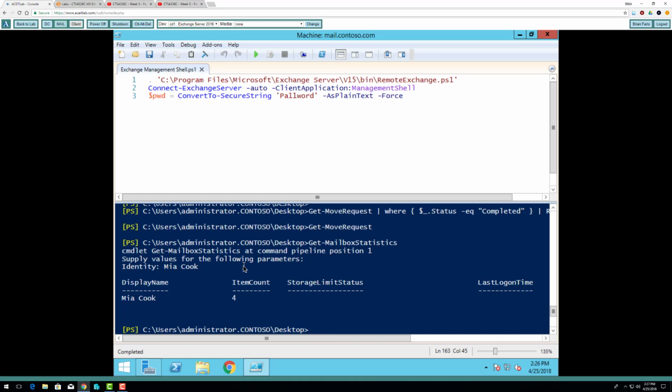and it shows you information about that user account: display name, item count, storage limit statistics, last time they logged in, which we don't really have a lot of information because we haven't really logged in at all. But we can do a lot of different things with this. So let's do